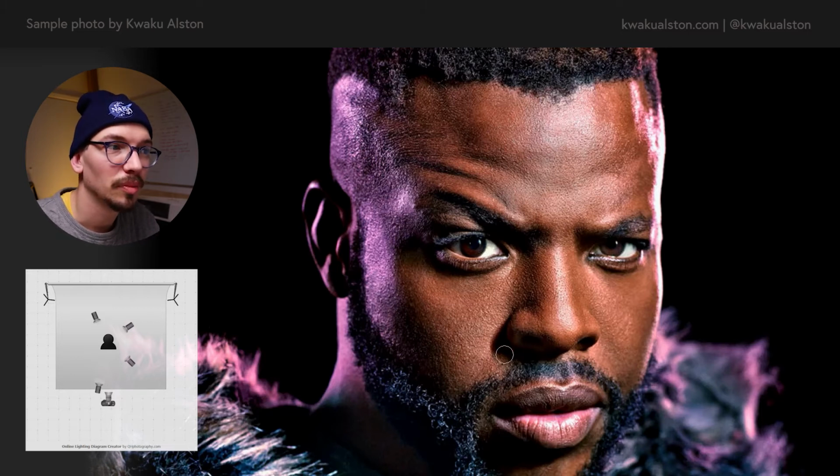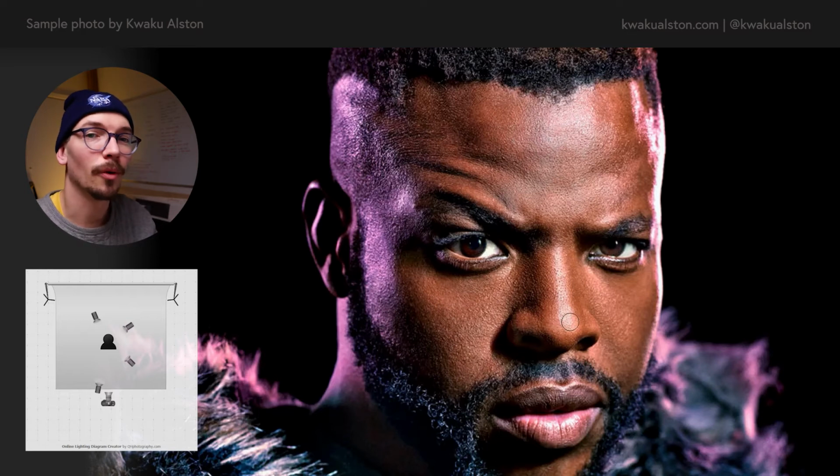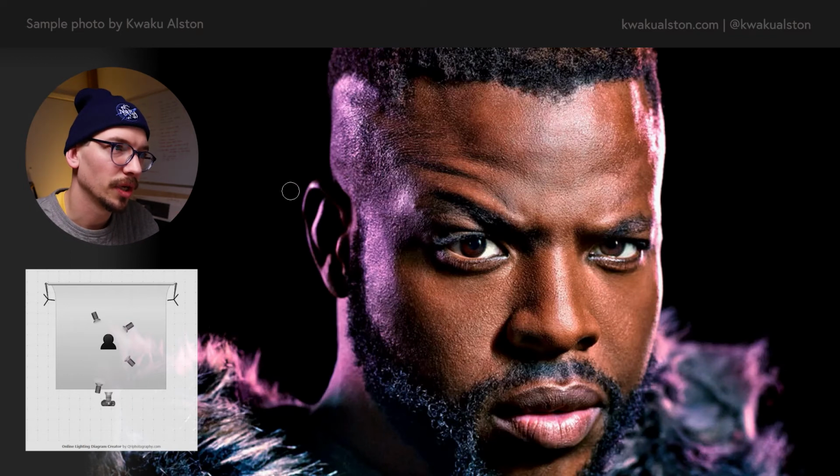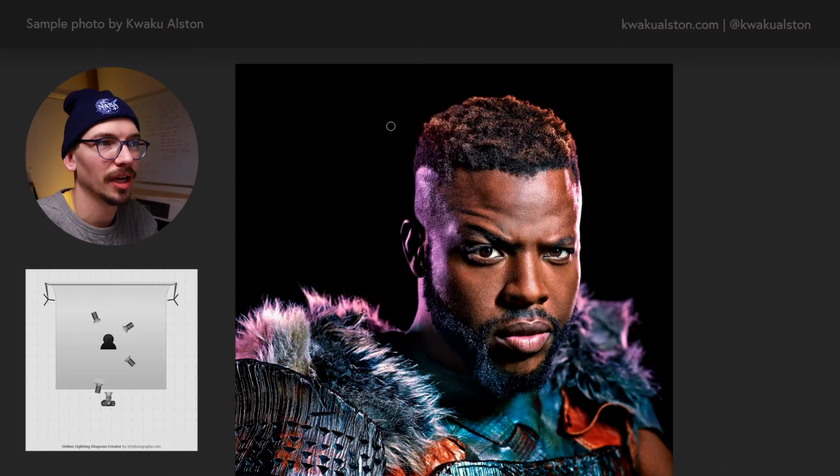And similarly, it is a little bit of a longer shadow, so we know the light has moved around to the side of his face a little bit more than in the previous ones. It's still quite straight on, just off to the side, not fully on the side. Then as we look at these shadows, we can trace a line from this point up to here, so that light's probably coming in quite high. The shadow goes into his beard and spills over, and the fact that we're getting some light up here means this light is definitely above the head, but not too far above. As we can see here, it's coming in from this direction.